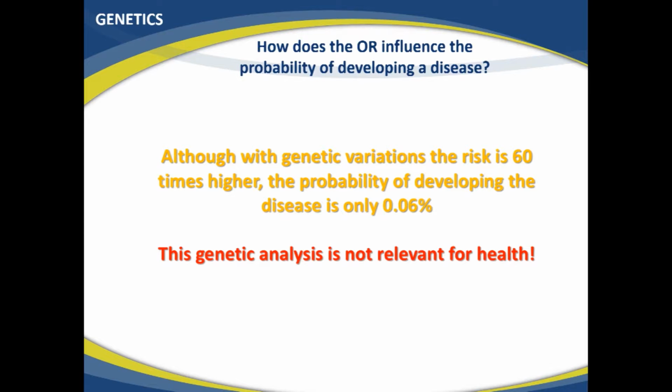So really, having a high odds ratio is not good enough. You always need to look at how common the disease is. If you multiply the likelihood of disease by 60, is it then even relevant or not? And this is what we do. We look at the genetic effect on the disease risk, and we filter out the right kind of genetic variations